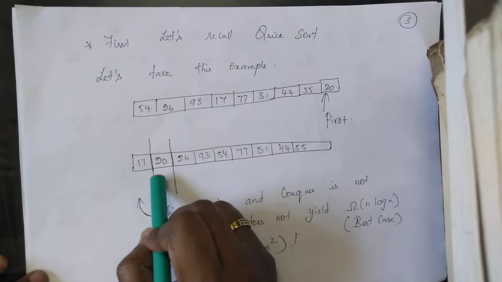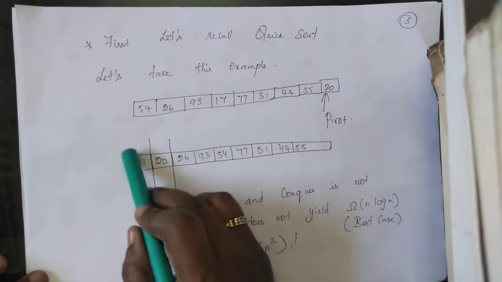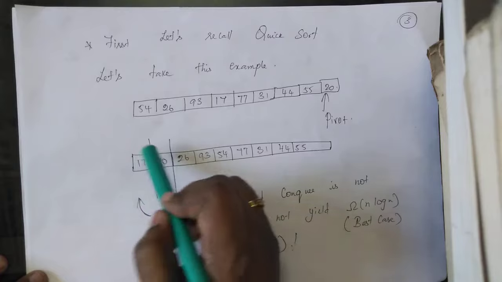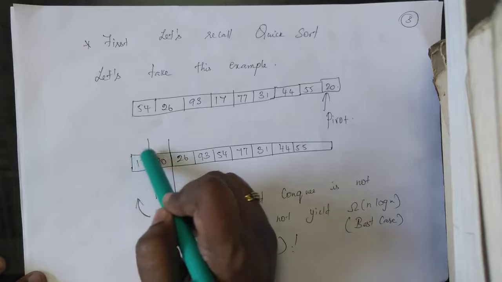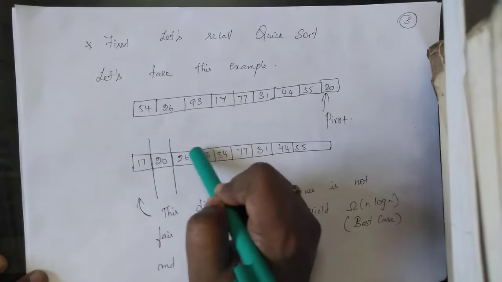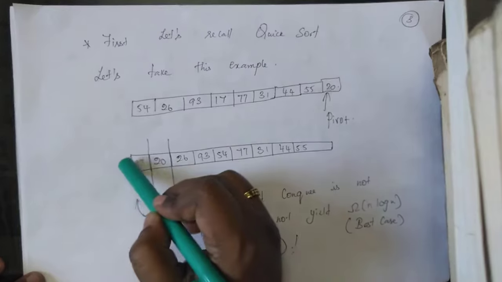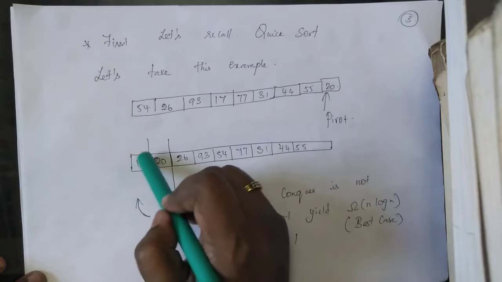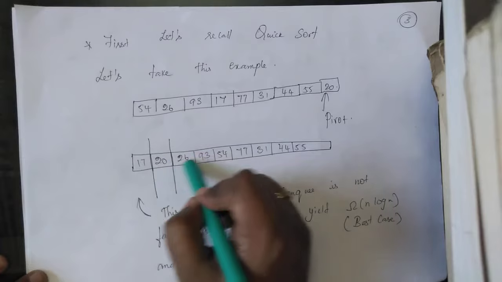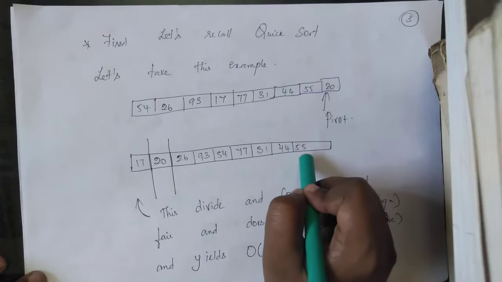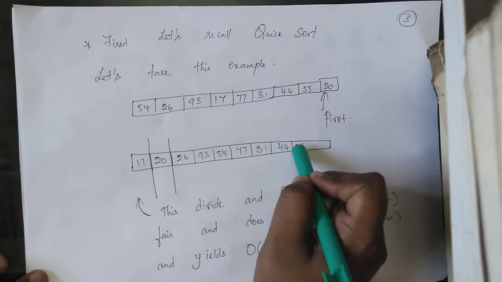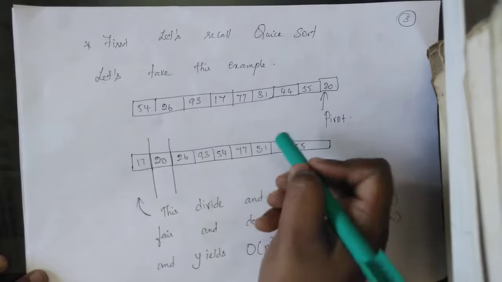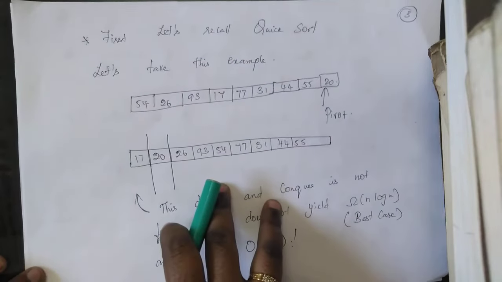Quicksort is a divide and conquer algorithm. So now we partition the entire array into two. The pivot gets its correct position in the first iteration. Then we sort this partition, and then that partition. Here there's no need to sort because there's only one element, and then we consider this array and pick 55 as the pivot, and divide it again, placing this pivot in the correct position, and the algorithm goes on until the entire array is sorted.